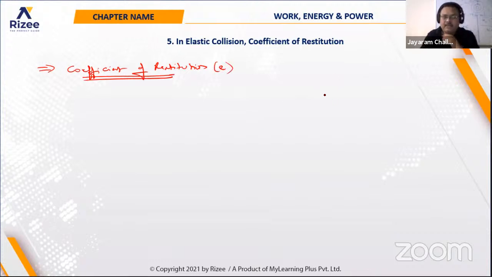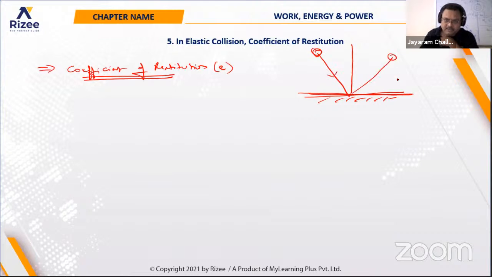If a ball or any object is placed on a surface like this, and it is collided like this, and the ball travels in the opposite sense in this way, making angles theta 1 and theta 2, we have written some equations. Our actual definition of this is a ratio of the